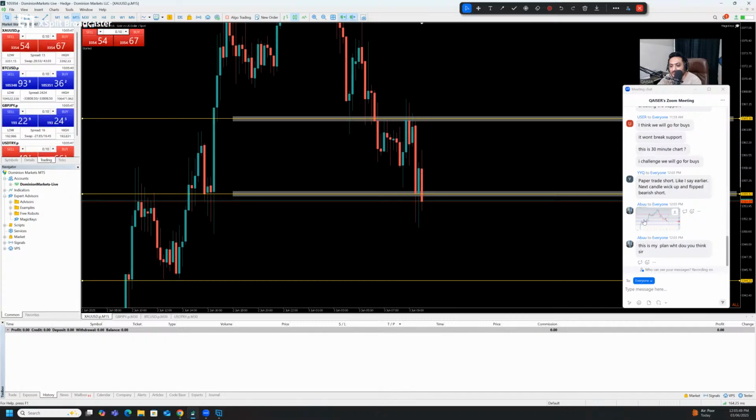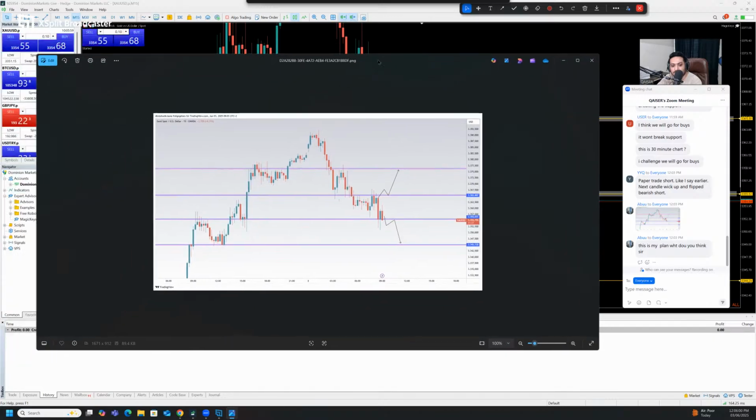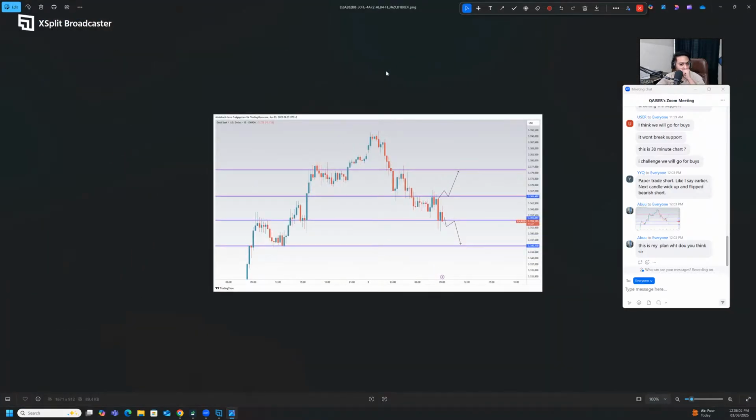Okay, so Abu just sent us a plan. Yes, look at this one. It's a perfect scenario you are having. Very beautiful. Like if you just break above the resistance area, if it gives you some kind of confirmation candle, next candle breaks the high, it will continue pushing upside to fill the wicks on the left hand side.